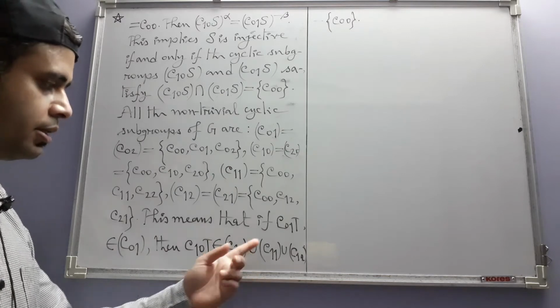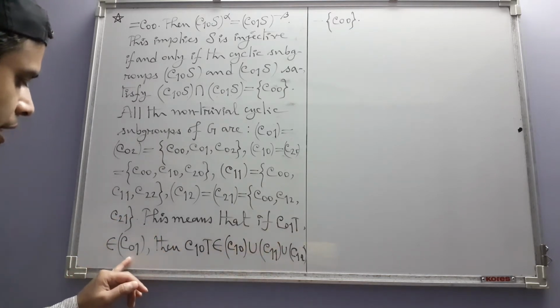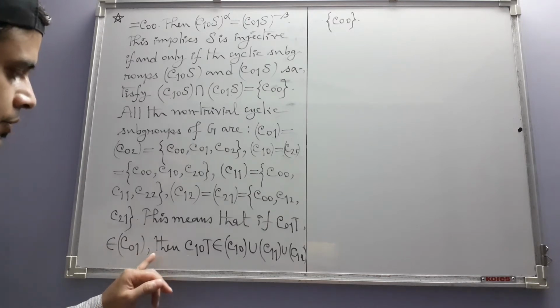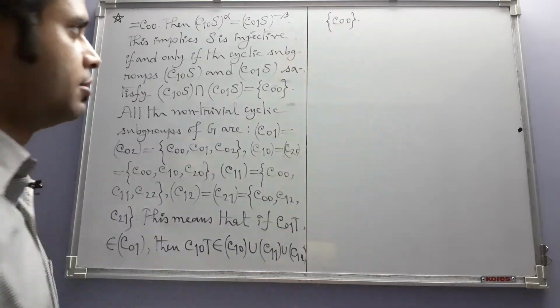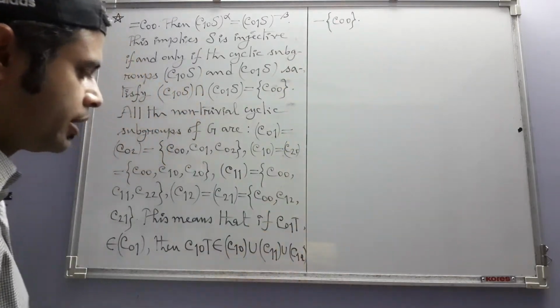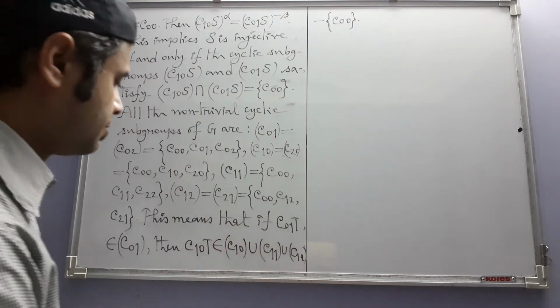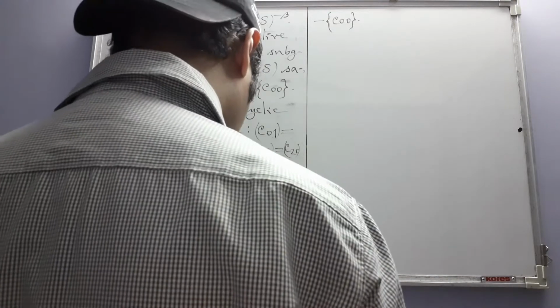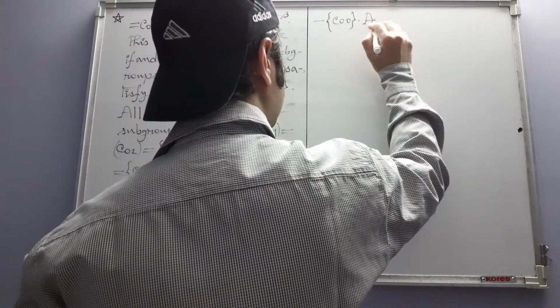Note that we already know that C01T is not equal to C00, so I am not mentioning that here. Here also, if we want, there is no need to mention this minus C00, but we have written it just so that we don't forget that none of these can be the identity. And the fact is that any such choice